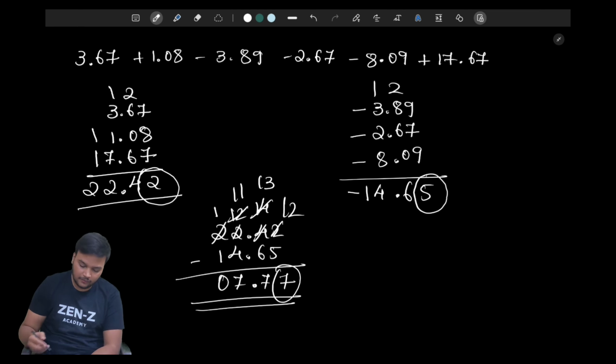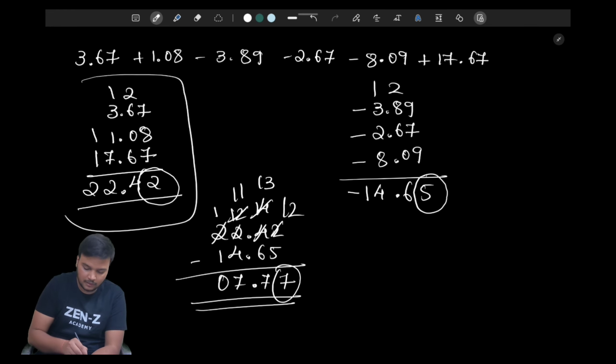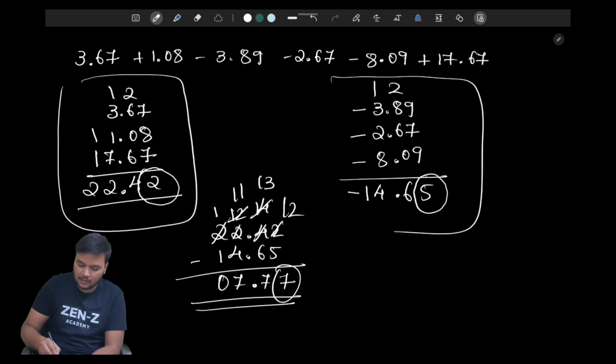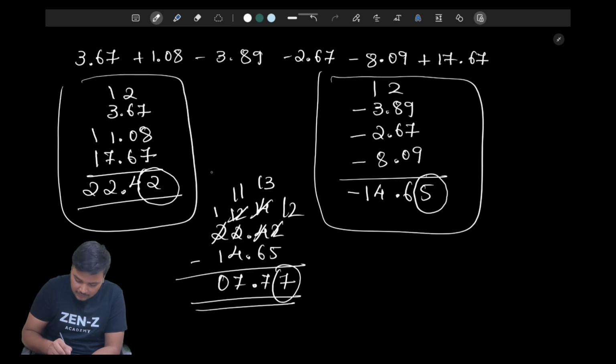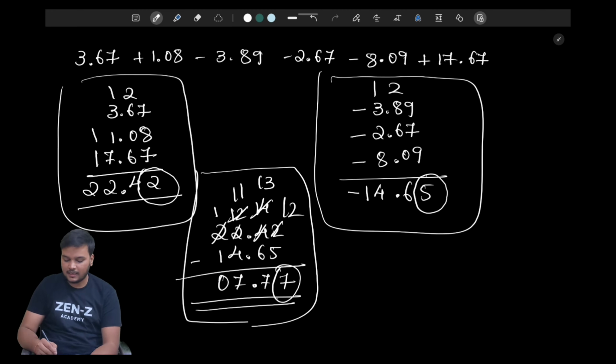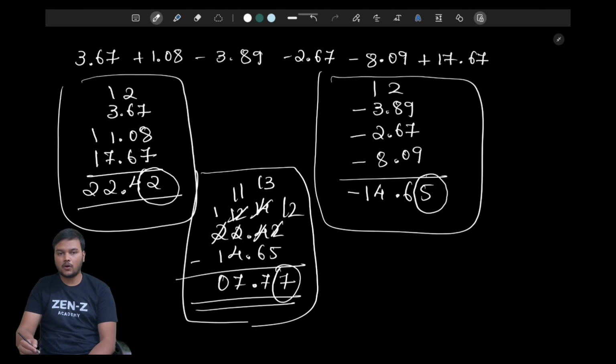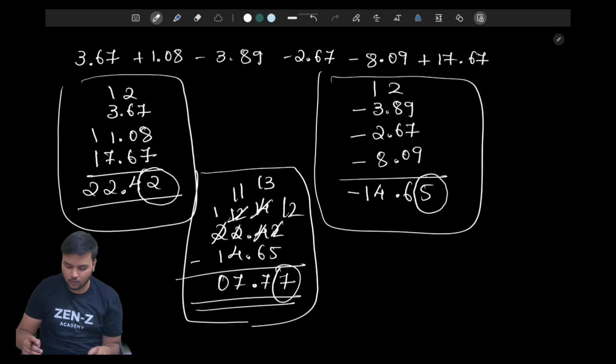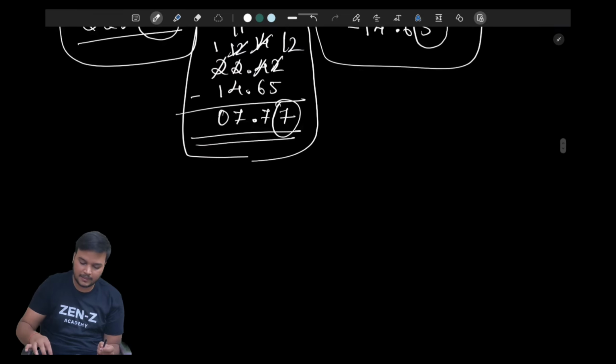If you're not sure that this method is right, what you can do is at least perform this part and this part. Then, while you're going for the subtraction part, take only the last integer. If the last integer matches any of your options, if there are 4 options and one of the options is ending with 7, then that is your right answer and you can move directly with it. So, not spending more time on it, we'll go on to the other sum, which is another basic question,